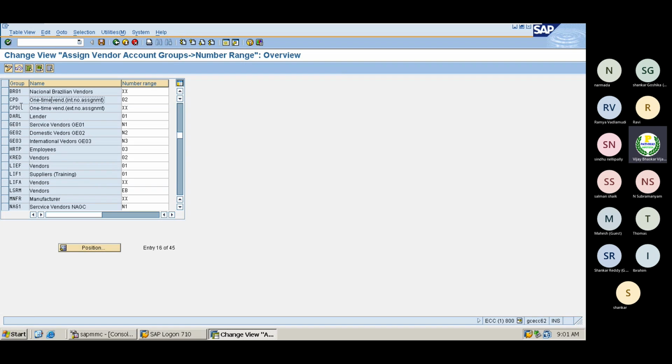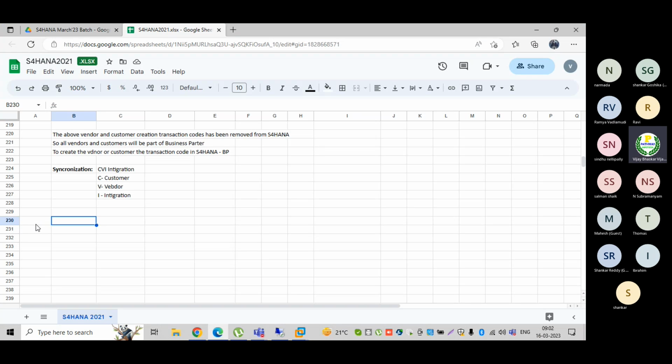Okay, this is my vendor group. This is the number range. Inside the number ranges, which number we need to use while creating the number, whether it's the internal number range or external number range, whatever it may be. Then this is the process we were following. Everybody is aware of this one. But now in S4 HANA, now in the ECC process,